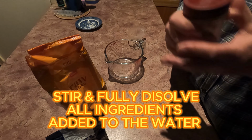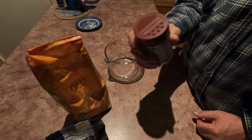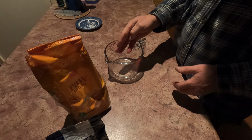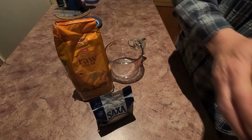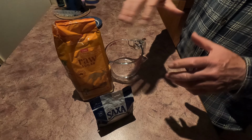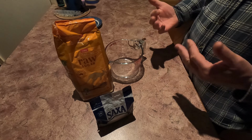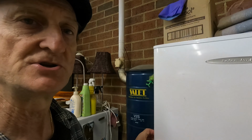And this is my secret ingredient as well. It's something that you can buy off the shelf, but I'll disclose what it is at the end of the video. Okay? So that's it. It's just a certain amount of water, a certain amount of sugar, a certain amount of salt, and a certain amount of this secret ingredient. So that's how simple it is, and you just pour it over your fish in your tray that you've prepared and filleted, and then you put it in the fridge, and you'll see me putting it in the fridge in a sec. There's the fridge,